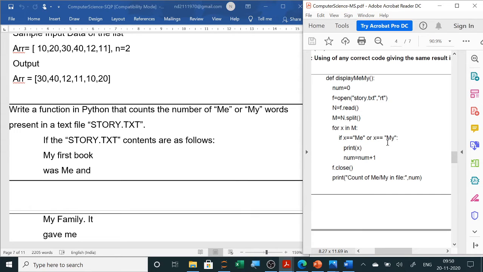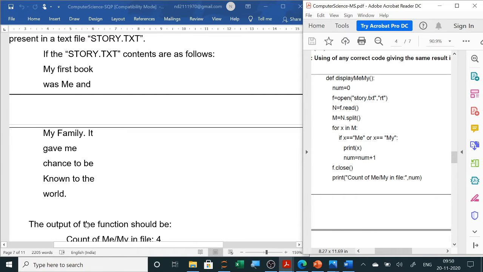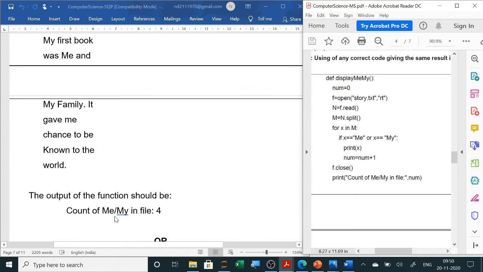If it is me or my, then it will simply add it. You can print it also if you want. It will add it because in the question it is written to count the number of me and my. The output also they mention as count of me or my in file, so at the end you will write print whatever they have written here.